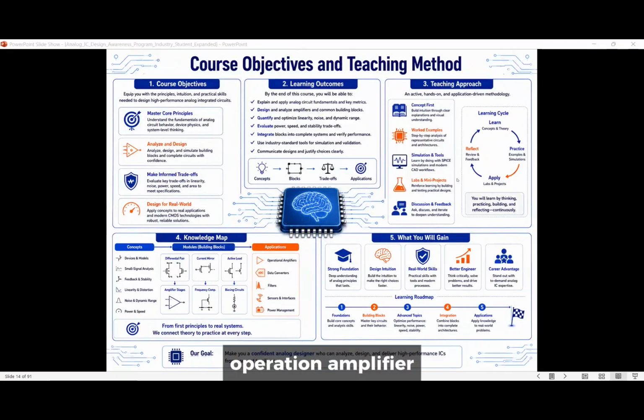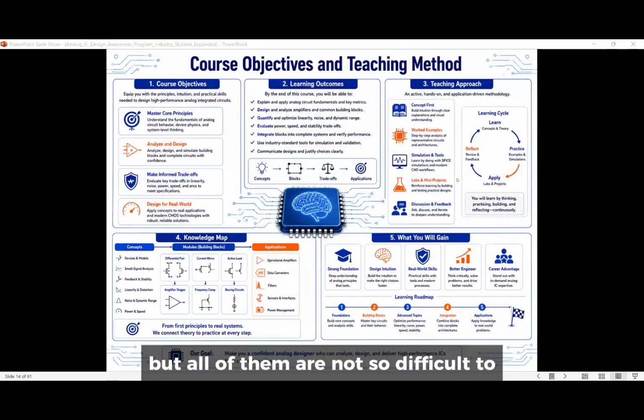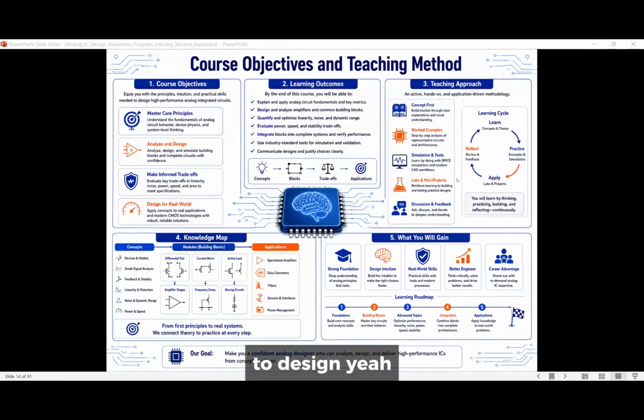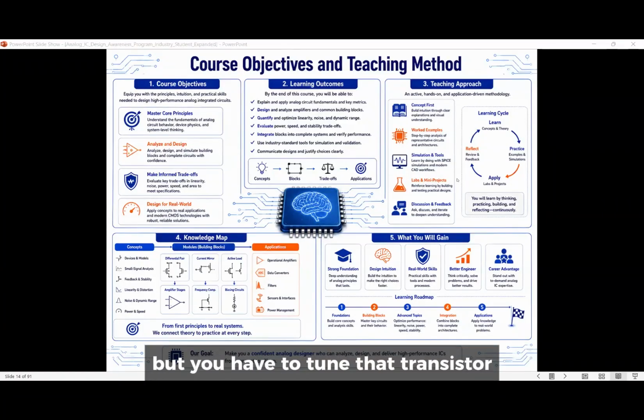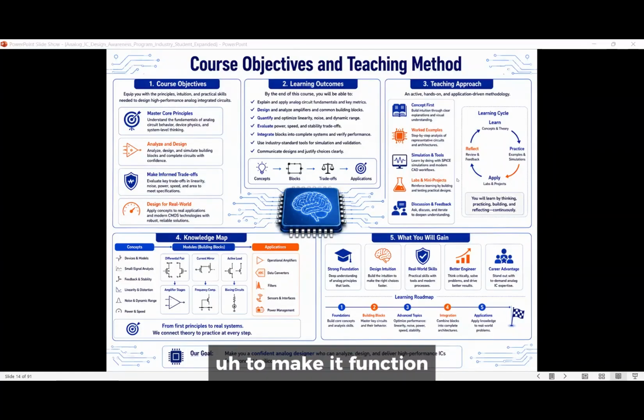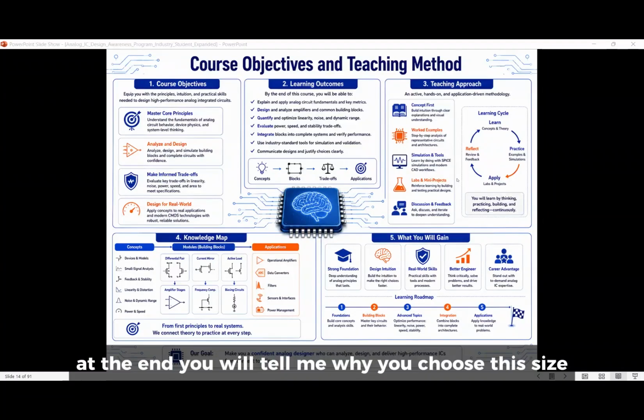operational amplifier, or a current mirror, or an LDO, or even a temperature sensor. But all of them are not so difficult to design. Some designs already exist. I will show you the schematic, but you have to tune the transistor size to make it function correctly. At the end, you will tell me why you chose this size and why you think this size already leads to optimal